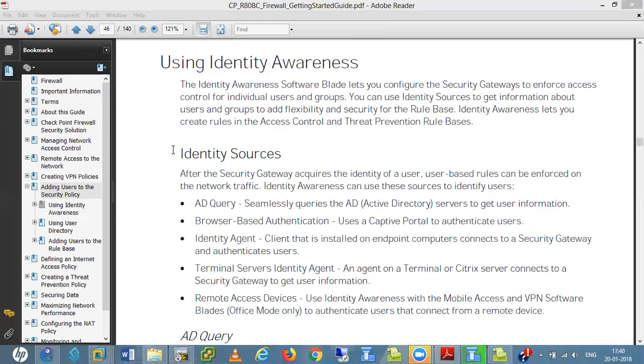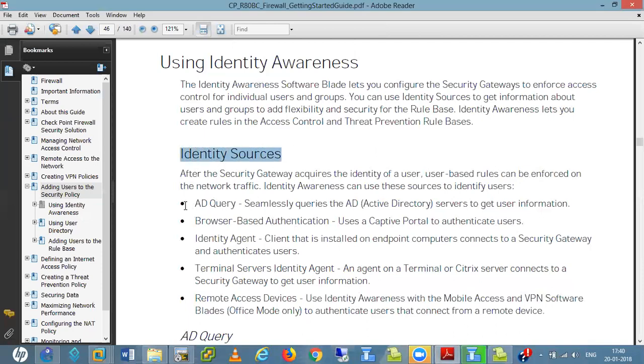So see identity sources. With AD query, we query the AD servers to get user information; the Check Point management server is basically continuously sending queries to the AD server to check whether any new user has authenticated or not. From there it gets the user information.